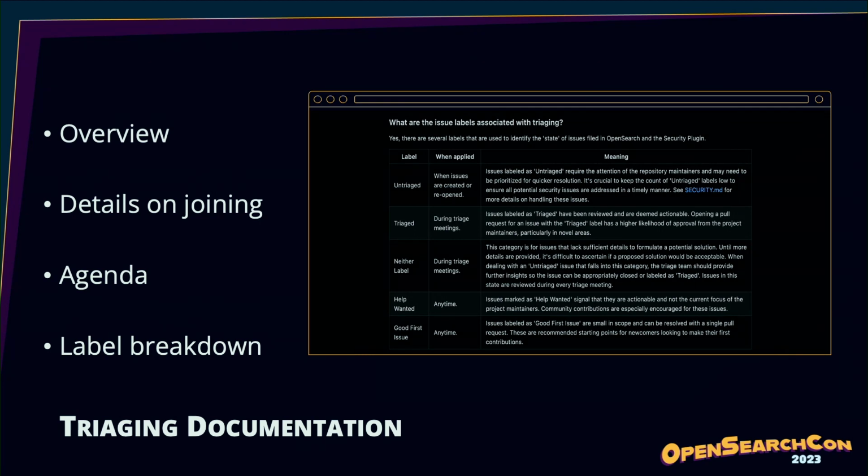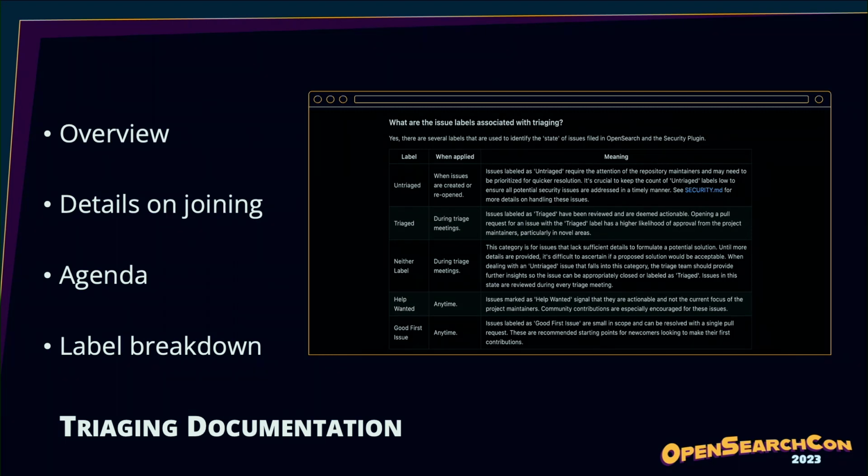These labels are the commonly used labels we apply during the triaging process and are used to dictate issues which we've reviewed. Anytime an issue is added to the repository, it's automatically assigned the untriaged label, representing the issue has not been reviewed during one of these meetings. Next, we have a triage label, which is assigned during these meetings to any issues which are deemed actionable and have clear closure criteria. Finally, issues can result in having neither label when they're reviewed in the triaging process, but lack either explicit closure criteria or actionable items on them.